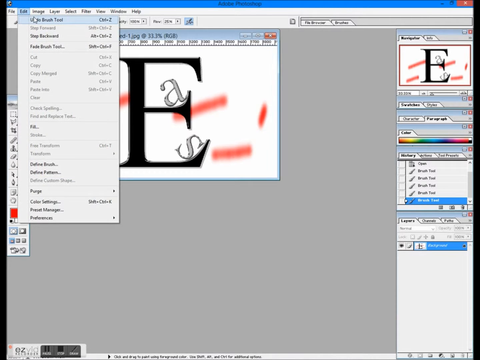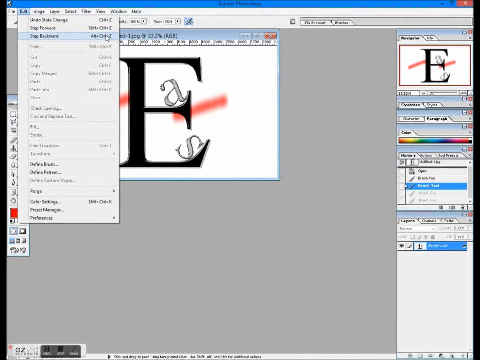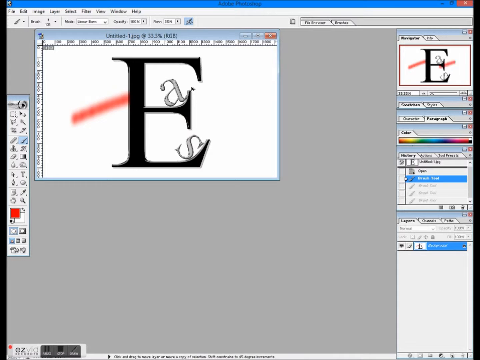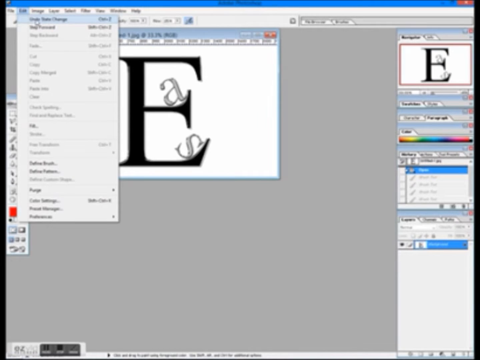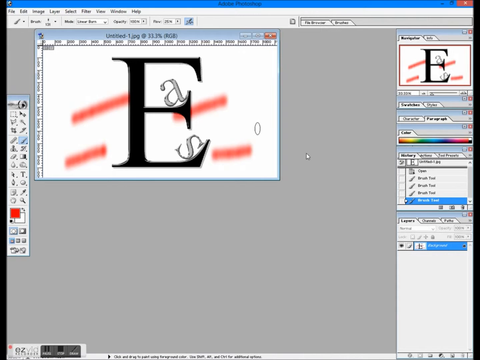So now press another button, Step Backward. Its shortcut is Alt plus Ctrl plus Z on Windows and Option plus Command plus Z on Mac. To step forward, press Step Forward, or Ctrl plus Shift plus Z on Windows, CMD plus Shift plus Z on Mac. Now, if we press Undo, it will take us to where we started stepping